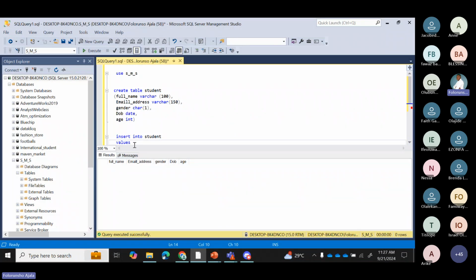So let's insert one record. Let's say full name. Whenever you want to write a string, like a text, you must put it inside a quotation. Here the quotation is not double, it's a single quotation. I know in Excel and Power BI it is double quotation, but here it is a single quotation. So let's say Shola